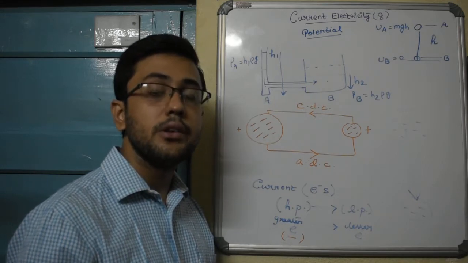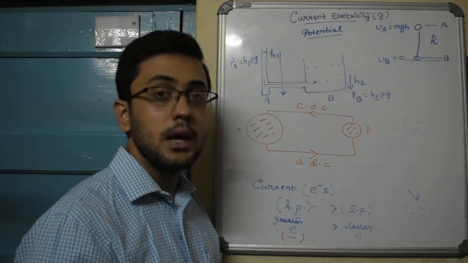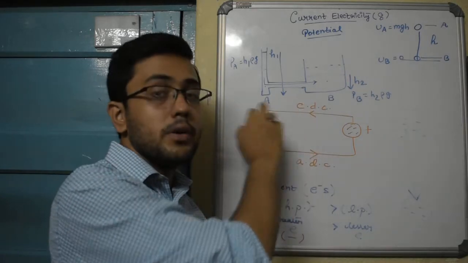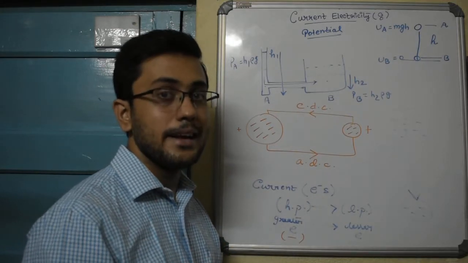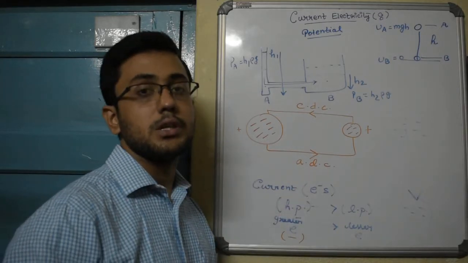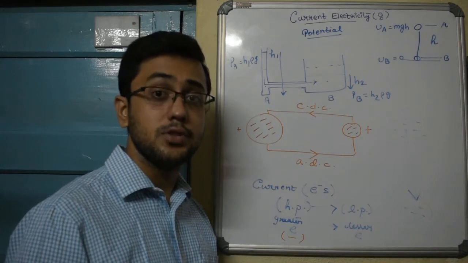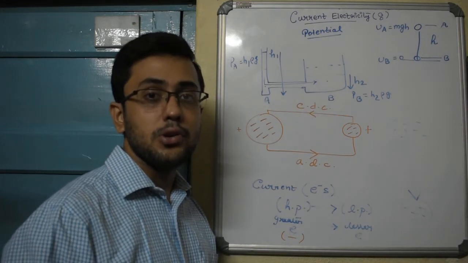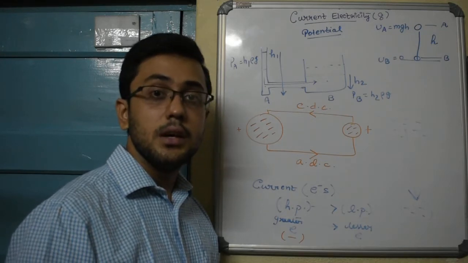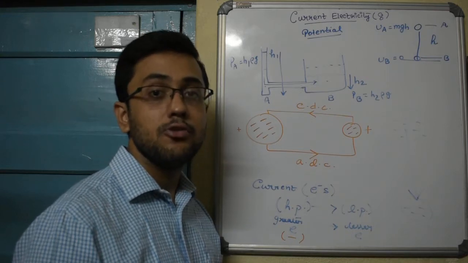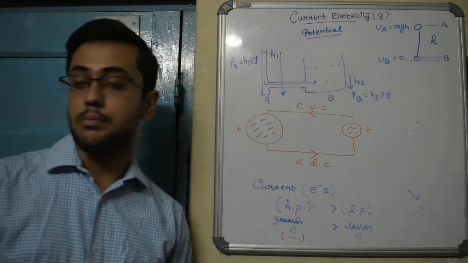Whenever you will be drawing directions of current in circuit diagrams or solving numericals or experiments, you will always be dealing with the conventional direction of current. In your mind you have to remember that the electrons are actually flowing in the opposite direction. All of this is due to convention. Initially, since the electrons were assigned a negative charge, we had to face this difficulty. If electrons were initially assigned positive charge, then the CDC and the ADC would have been the same.